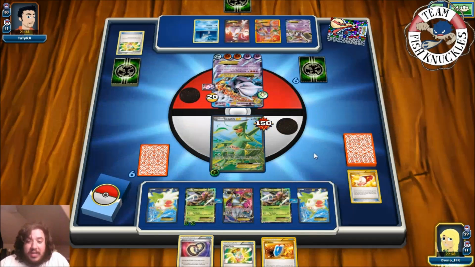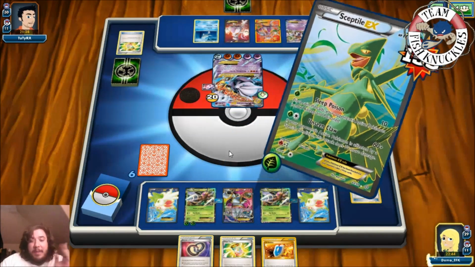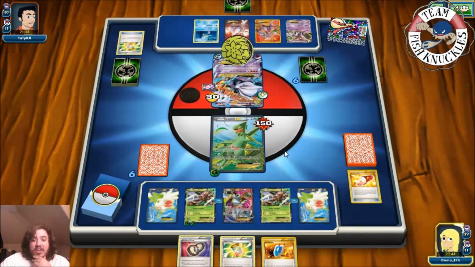Alrighty, on to our turn. We get a Mega Turbo. Why do I keep just drawing these bad cards? I think, once again, Sleep Poison. Flip heads this time, buddy. Come on, Sleep Poison. I believe in you. And